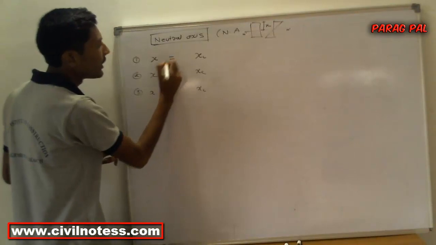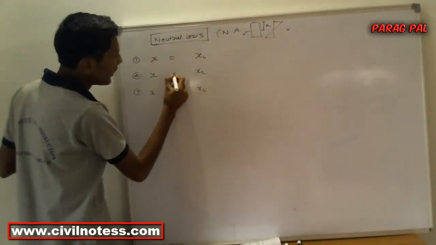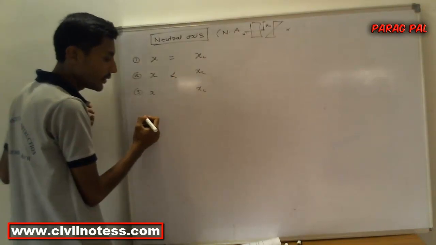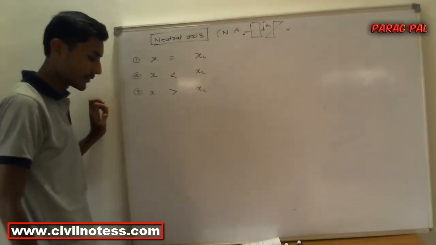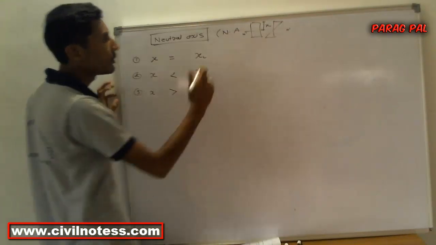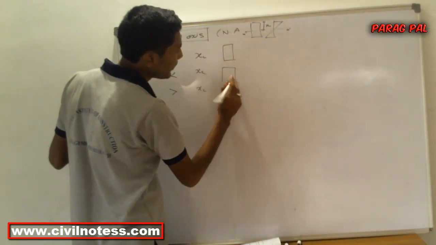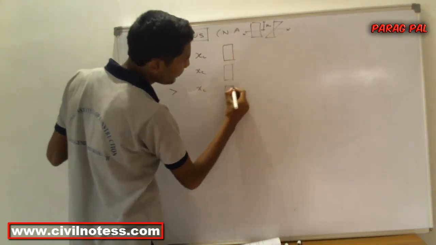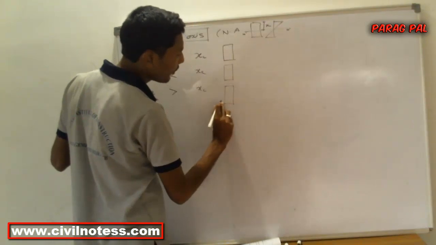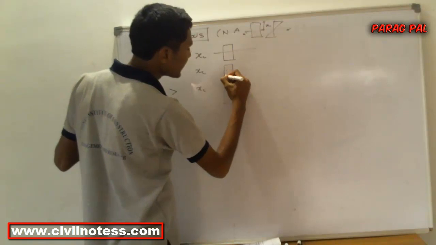If they are equal, that means it is a balanced section. If x is less than xc, it is an under reinforced section. If x is greater than xc, it is an over reinforced section. So the diagrammatic representation of all these things is such that you can simply understand what the diagram says. Because the stress-strain diagram is always very important, and it tells you exactly the behavior.